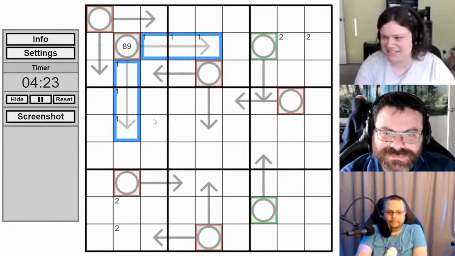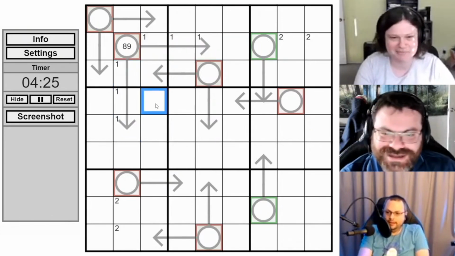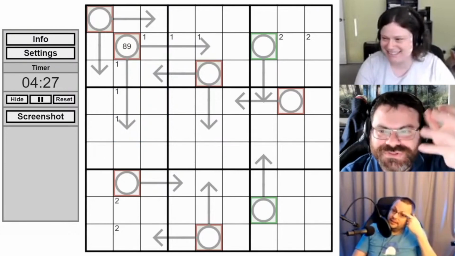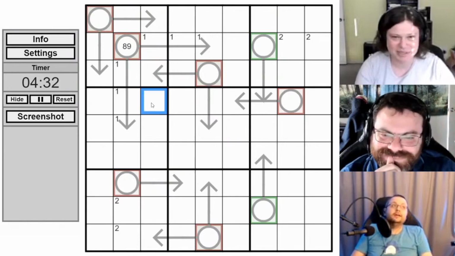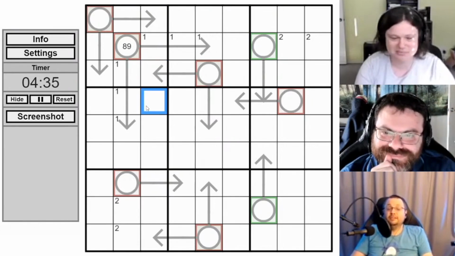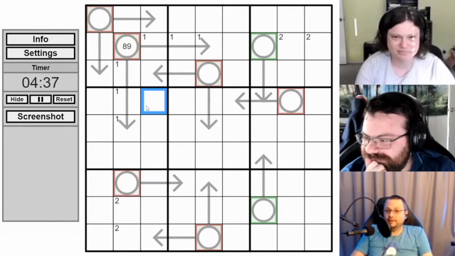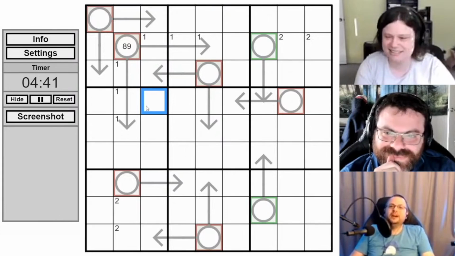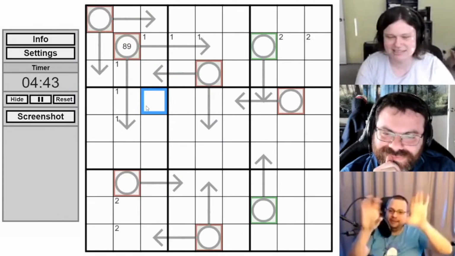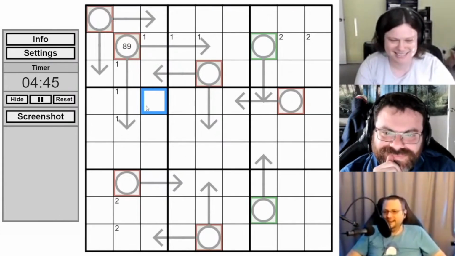Let's rotate it 90 degrees so it's new for all. That's a good idea. I actually kind of want a user script that lets you just rotate all constraints. Oh, I would love that. That'd be cool. There are so many times where I have a puzzle where I'm like, I think this would look slightly better if I rotated it 45 degrees. It might be a diagonal one. But I'm so terrified that if I try and copy everything and transpose it 90 degrees, it's not going to work.